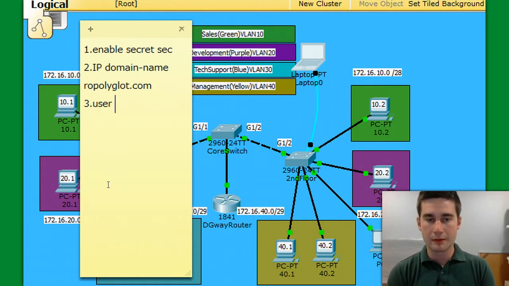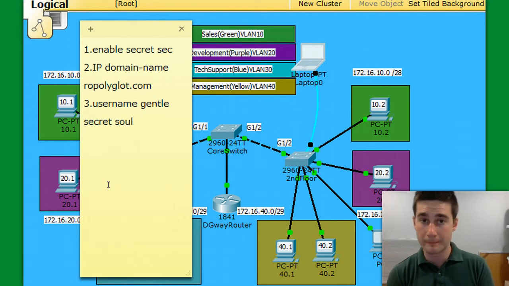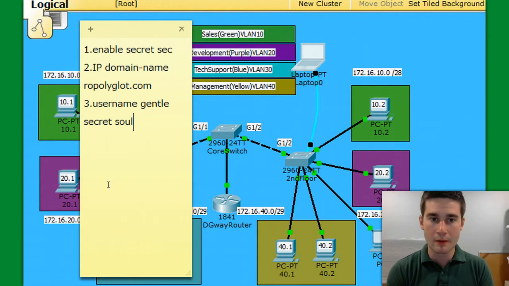So username, I wrote gentle, and then secret. You could also have password, but it's better to have secret. So, username gentle, secret soul. Press enter. Now I can go and type